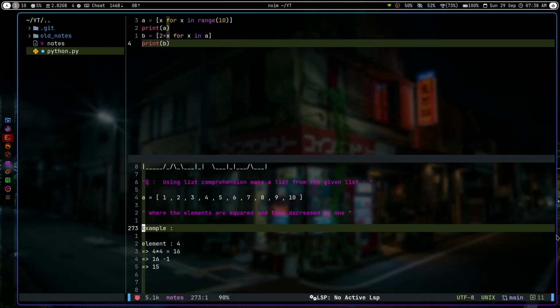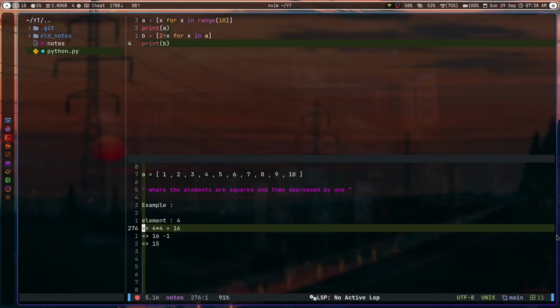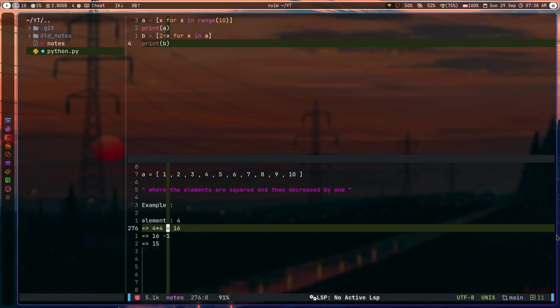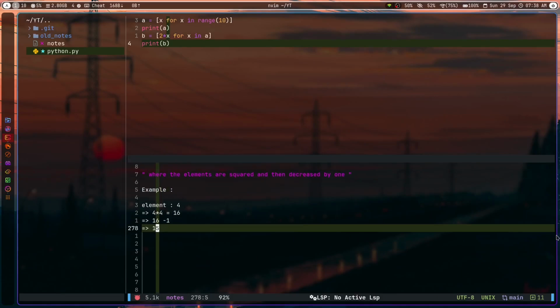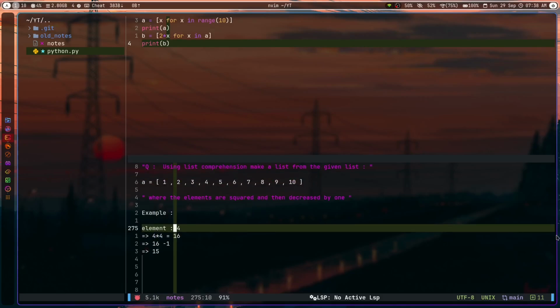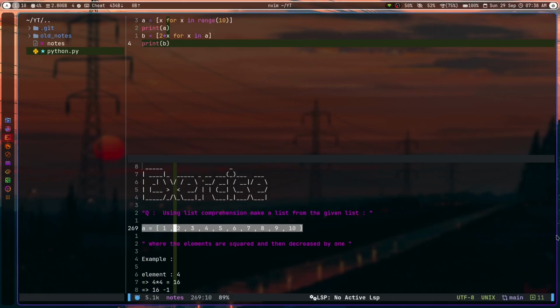For example, if I have 4 as an element in the list, it should first square it, which turns into 16, then decrease it by 1 and turn it into 15. Then you add this element into the list, and you have to do the same operations for all the elements in the list contained here, and make another list b, and print it in your program. So I hope you can do it,